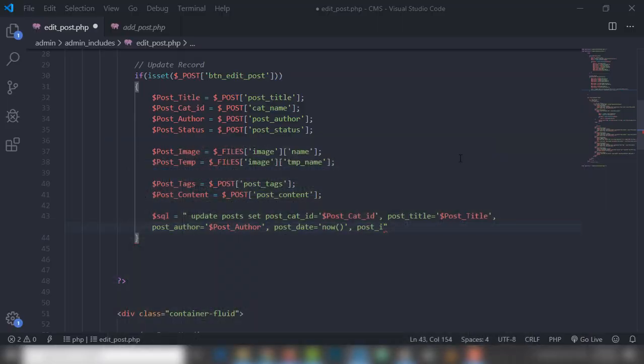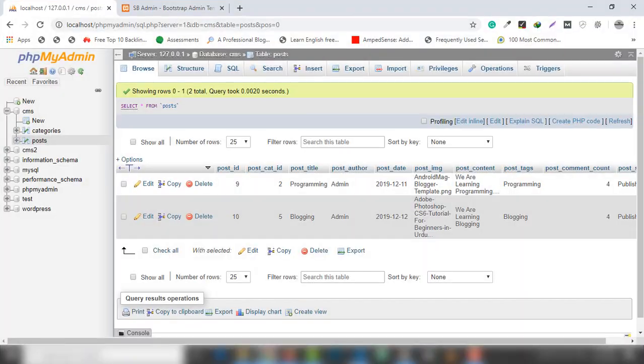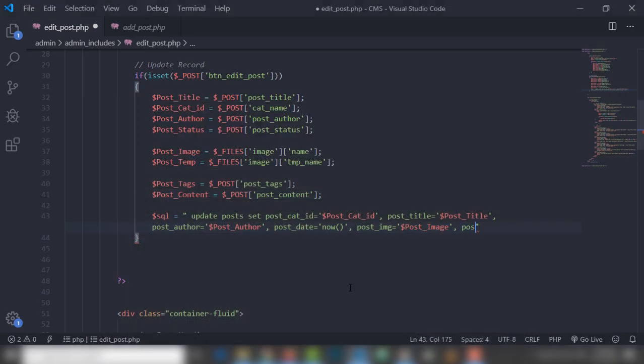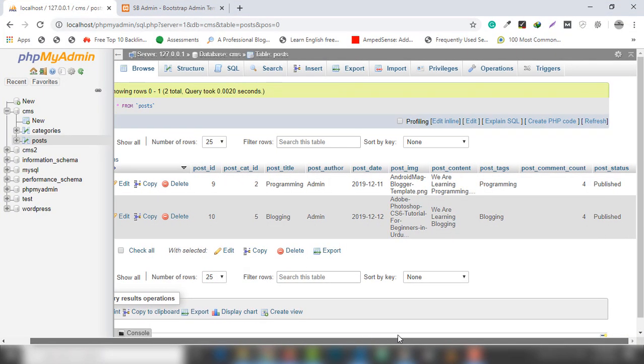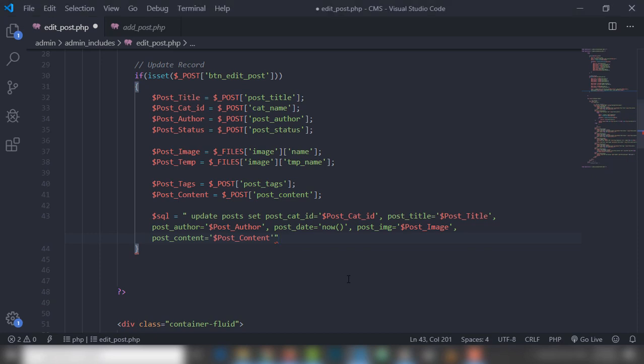Post_img, assign this one variable value, comma, post content, post_content, assign the value post content variable, right? This one variable. So I'm going to use camel case, where I think everything is perfect, right? Then I use where post id, this is the first column name, equal to